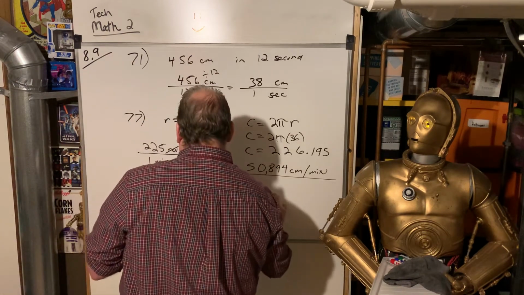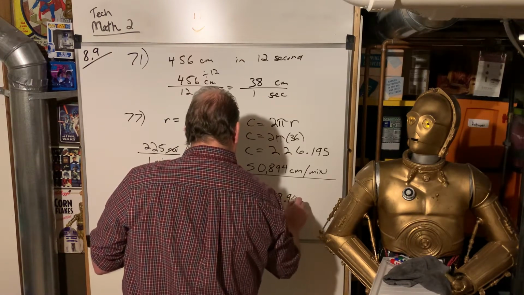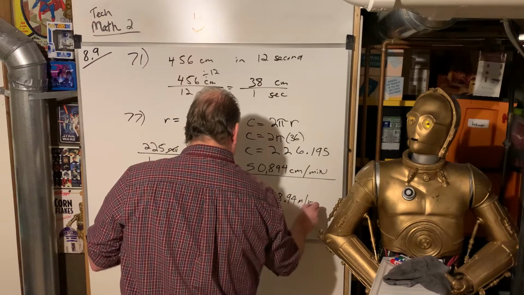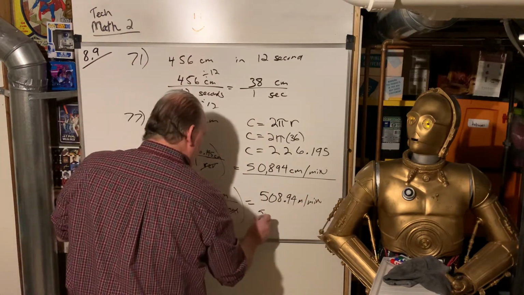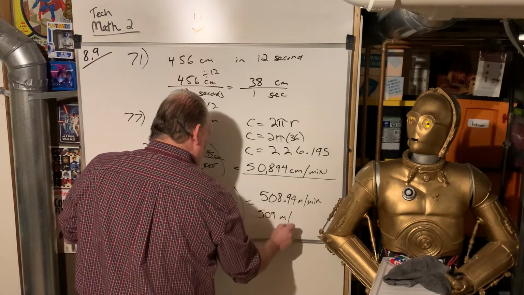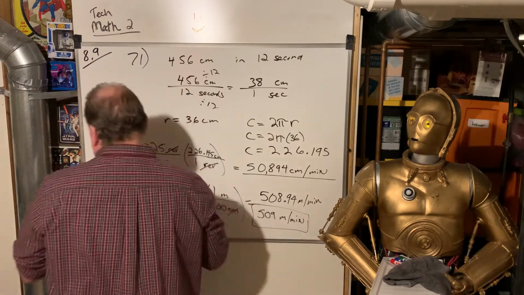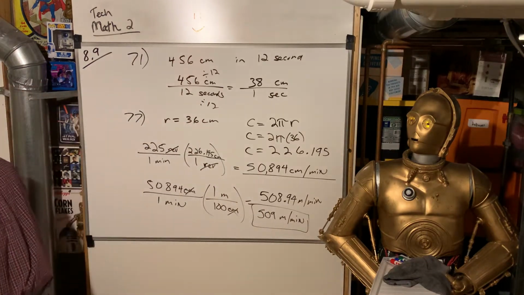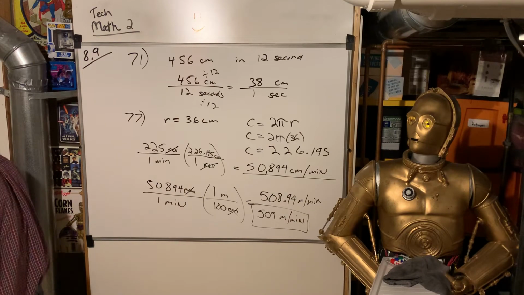And again, if you said, oh, I don't have to do all that, I can just divide by 100 because I know that, that's fine. Meters per minute. And they want whole numbers there again. So 509 meters in 1 minute. So the linear velocity, that's called the linear velocity. All right, then